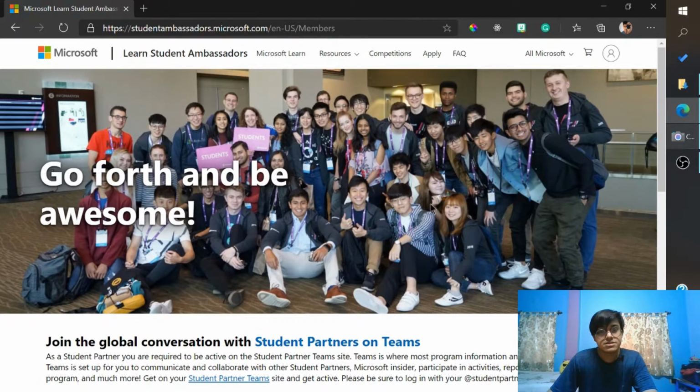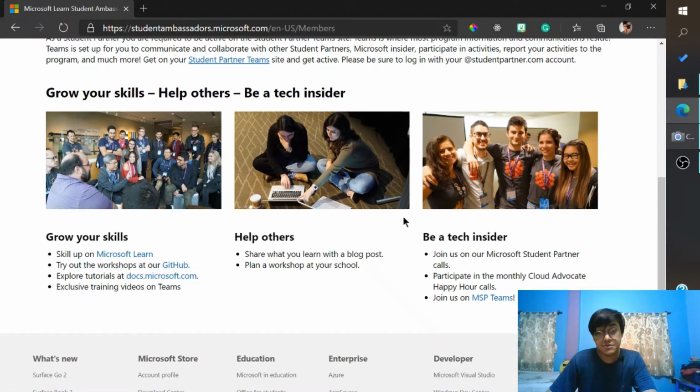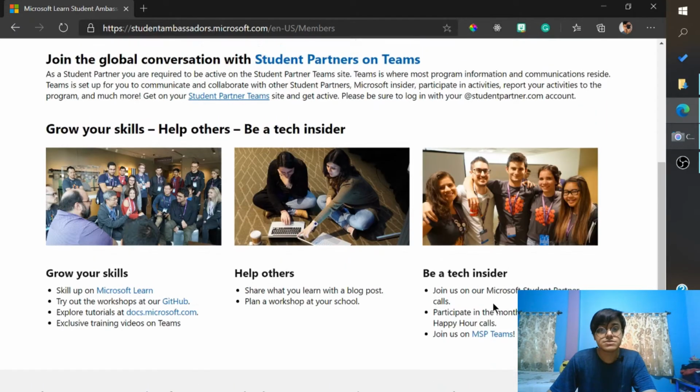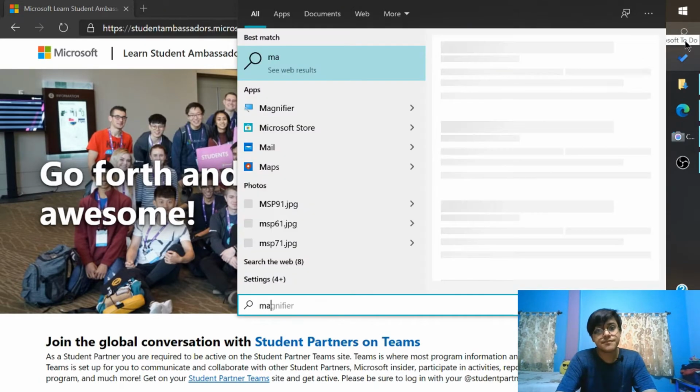So you would get this invitation to Microsoft Teams, and it'll be very overwhelming at first, let me tell you. It is really. You have tons of options. You have Microsoft Learn. You get tons of options on GitHub. You get pretty cool GitHub integrations. You can join the MSP teams, and this is where most of the things happen, so the announcement and everything. So let me talk. If I open MS Teams,